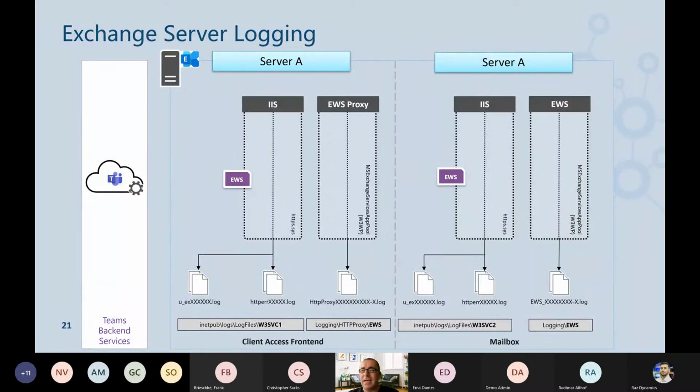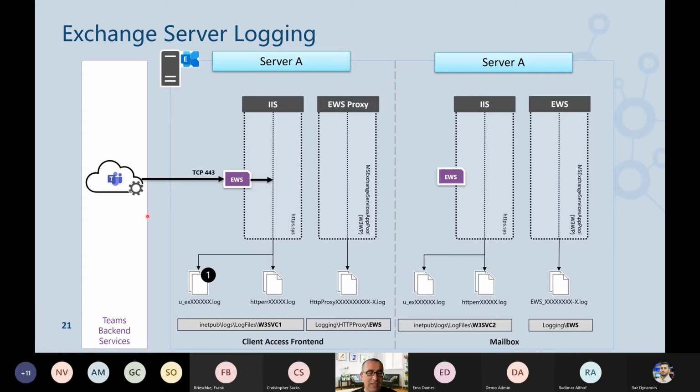Now, a little diagram before we head into the functional request by Microsoft Teams, because we need to know how Exchange Server works. It sounds pretty simple if you only see the connectivity from the Microsoft Teams backend services to our Exchange Server. But Exchange Server itself is, say, a complex product, which is not necessarily the best product to troubleshoot when you have to troubleshoot these HTTP requests from the Teams backend services. As you can see,